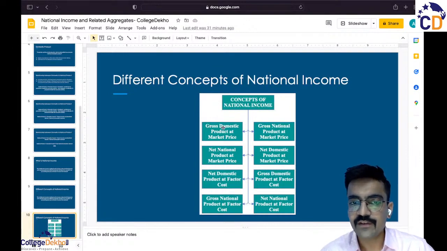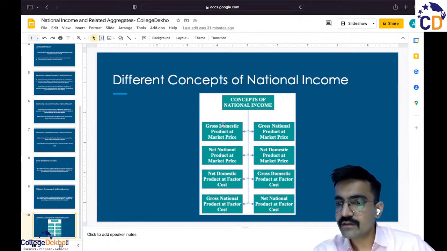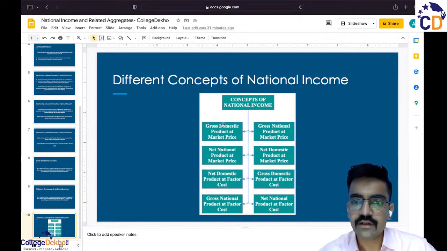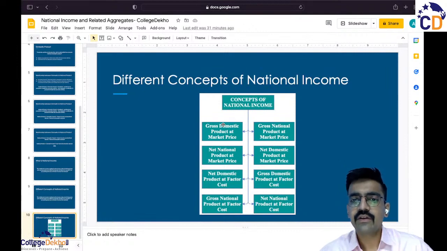In the same way, the second distinction, which is between domestic and national, right? Between domestic and national. So national, since it is